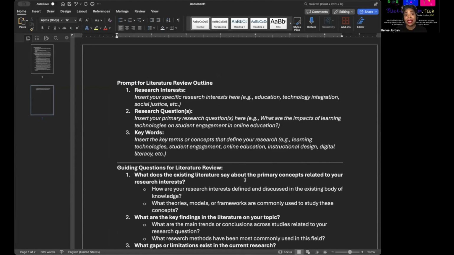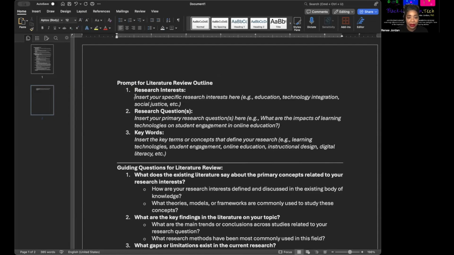Once again, AI is a tool, is a resource, is not the answer. If AI could answer these questions, then chances are, why are you going to do your specific research or topic or study? The issue is we need you to do your part in order to help fill in the gaps and strengthen what is known in the field, specifically when we're talking about education. So I'm going to go ahead and enter my research interests.